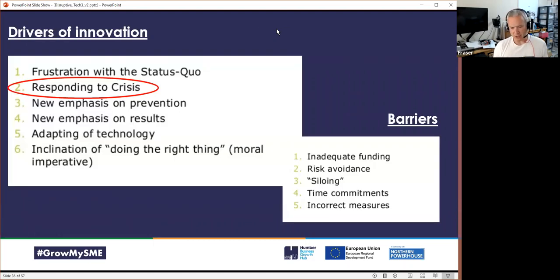What then are the drivers of innovation? I've got 6 for you here, and I'm fascinated and excited to tell you that responding to a crisis is number 2. So we are living in a time where there are high drivers, I think, of innovation. All of these things are in your favor. The barriers, unfortunately, are also too frequently prominent. We know about risk avoidance. We know about our inability to have free time because we've got pressures on profits and so on. And all too often, of course, we get organizations that are orchestrated in silos. And really, for me, it's the multidisciplinary team which will bring the innovation to the fore.